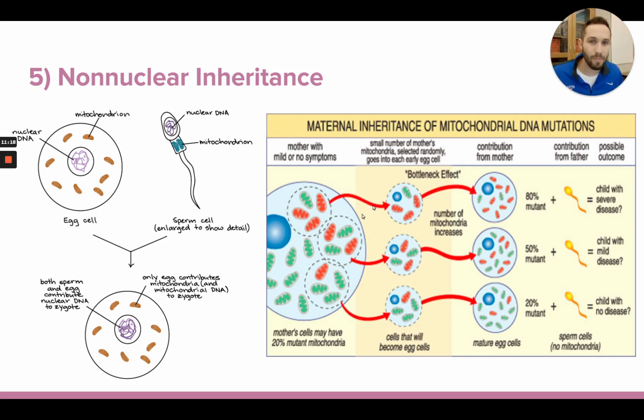And sometimes you might end up with a bad collection of mitochondria from your mom's cell when it was producing egg cells. And if that egg cell is used, which has a high amount of bad mitochondria, you're going to end up with a fertilized egg that is going to develop into